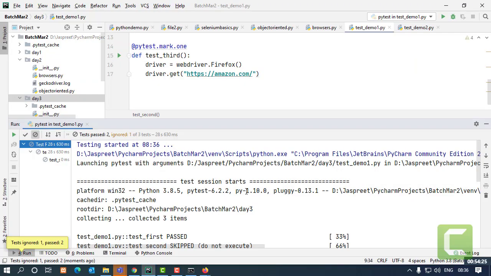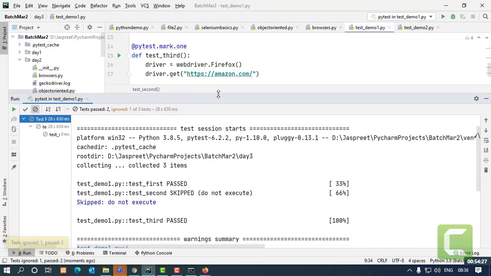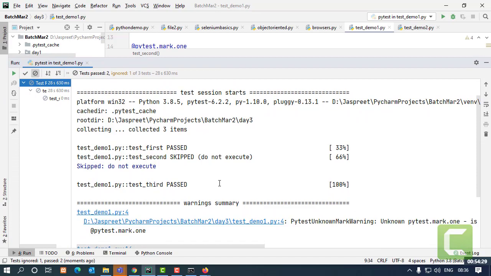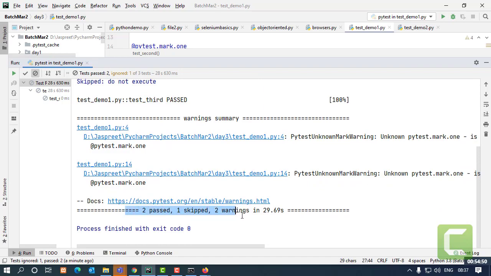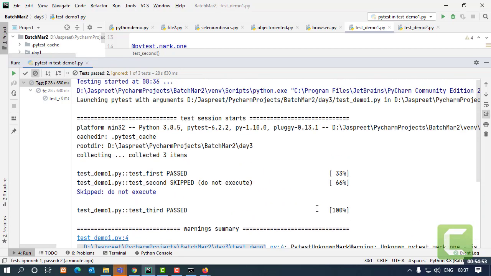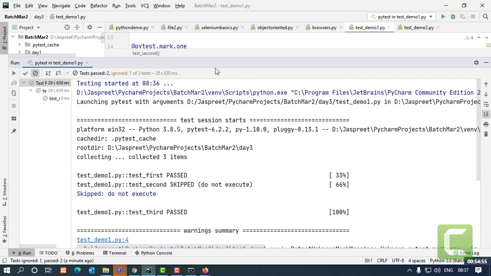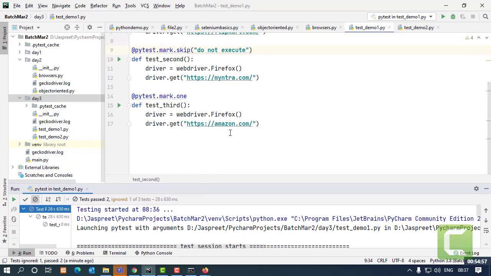If we take a look at our PyCharm, my first test case passed. The second test case I wanted to skip, so it is being skipped over here, it's clearly saying skipped, and whatever message you have passed comes up over here, and the third got passed. And here I got the result: 2 passed, 1 skipped in this many seconds. This way you can skip the test cases as well.